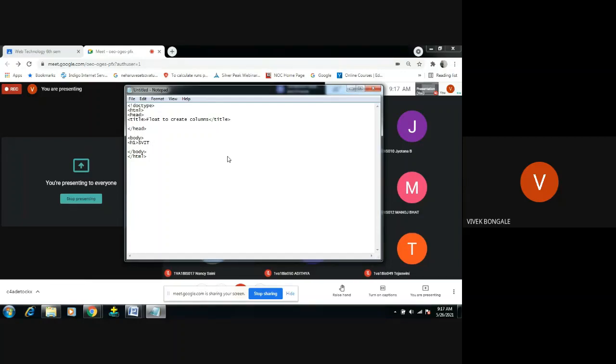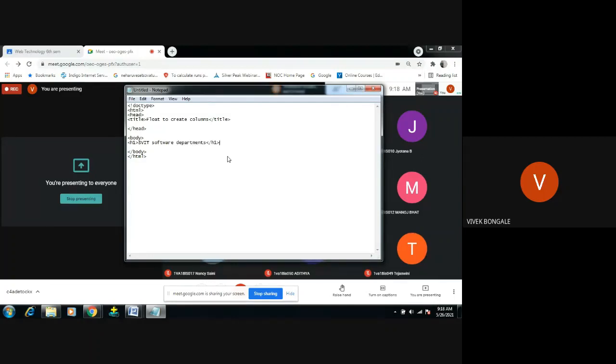So I'm just trying to create a column, giving some information on information science and some information on computer science. This is what I want to display in my browser, with the help of columns. So I just use the header H1: SPIT software departments.